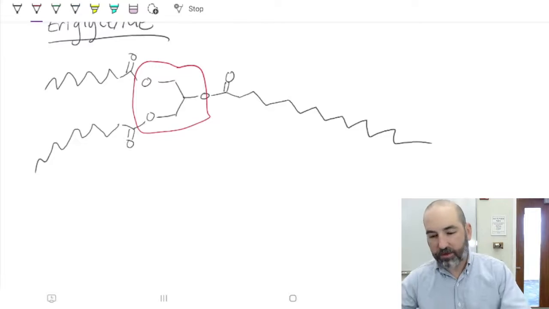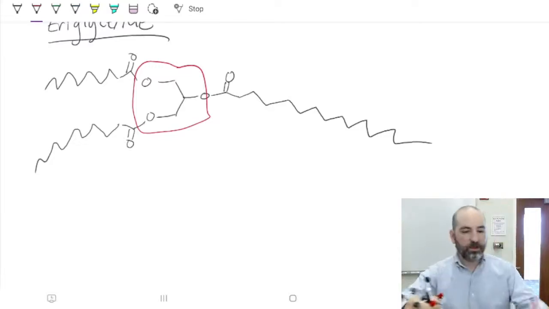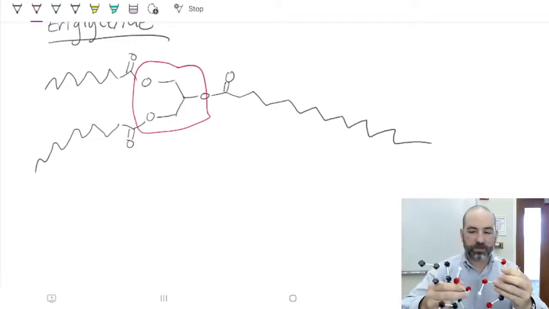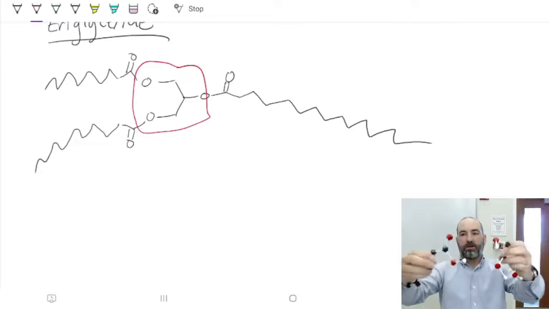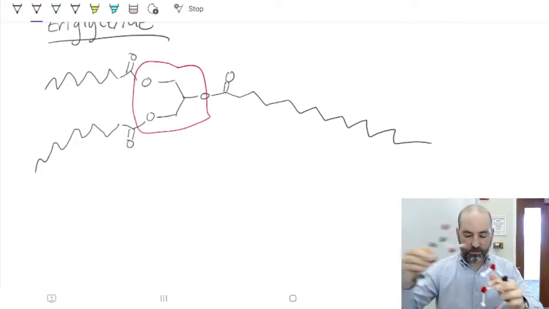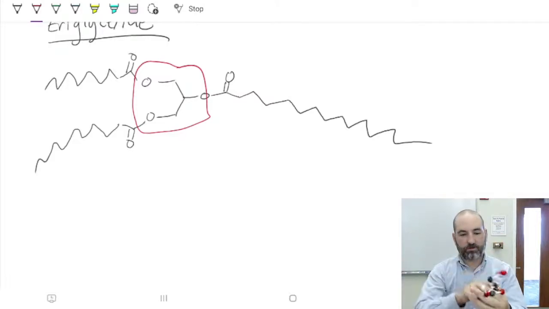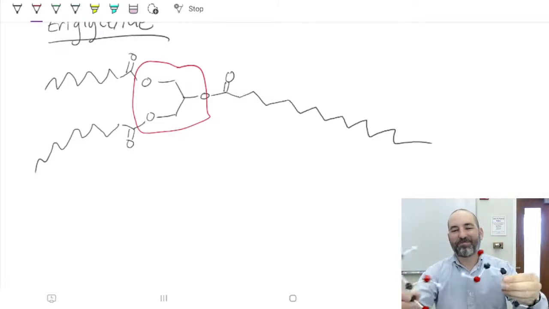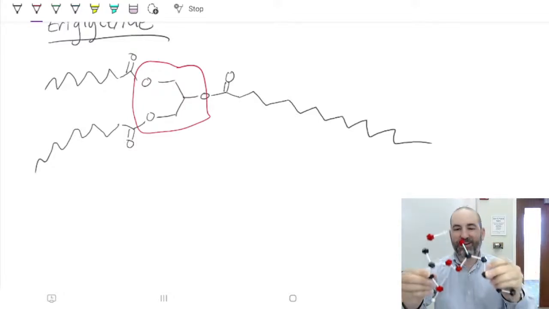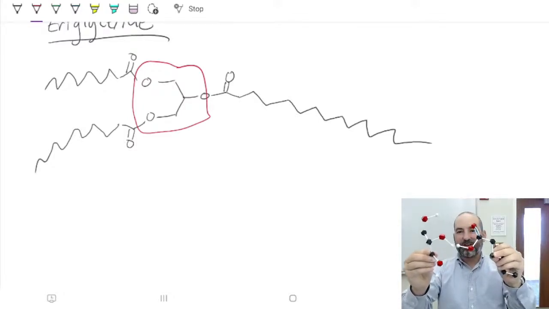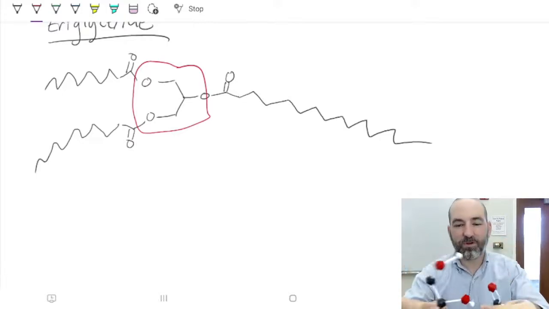So I'm going to build that with my models here too. I've got 3 fatty acids and I've got glycerol. If I want to connect the fatty acid, we'll just use the middle one because I've got it kind of lined up. Nope, got it backwards again, sorry. We got it lined up now. So if I want to connect these to make the structure that I've just drawn, you'll notice there's actually too many atoms here. So I'm going to remove